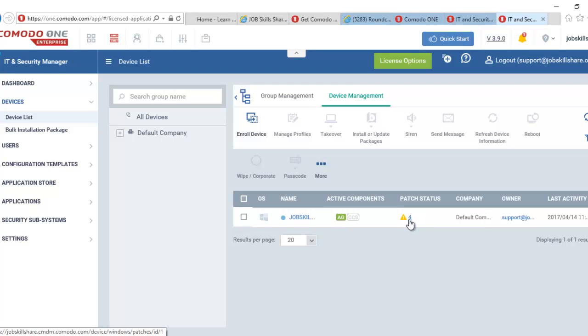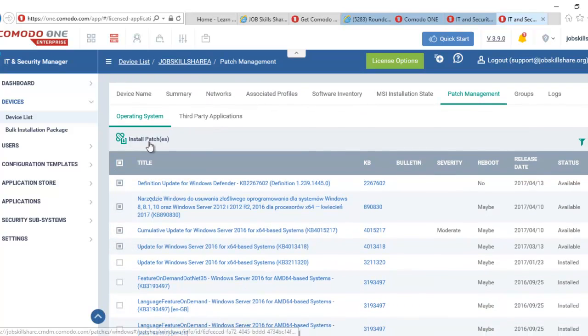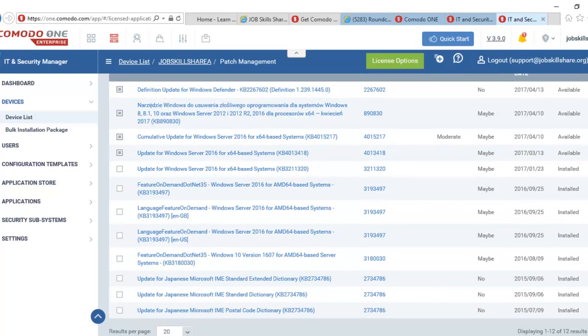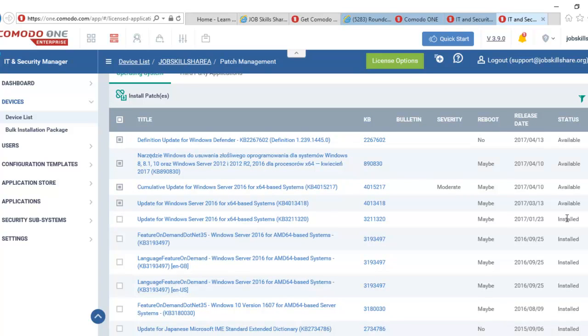And if I want to do something about these patches, I can just click on this 4 right here and click all right here. Of course you will be doing your testing like this. If you're in a real environment, you're going to be testing patches this way first, and then you will be doing the rollout, and you can see it's installed. Some of them are